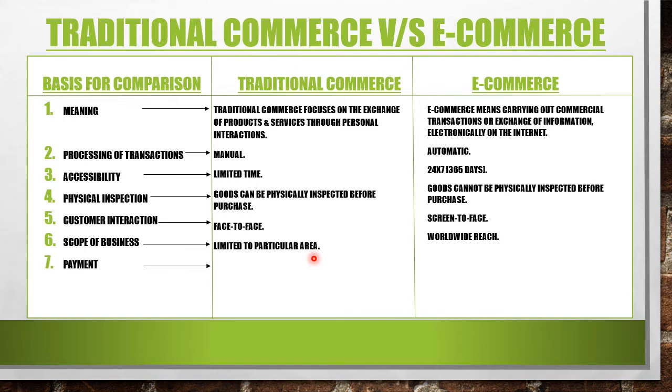Okay. Then next point. Now in case of traditional commerce, you can pay through cash, through credit cards, check, etc. Now see, this credit cards, debit cards, then Paytm, Google Pay, all this has been started in traditional commerce. Previously it was not there. Okay, but now this has started. But check you can give in traditional commerce, but check is not allowed in e-commerce. E-commerce में check चलता है क्या? No. Here what we can do, how we can do the money payment? Through bank transfer, credit card, e-wallet, then mobile payment, etc.